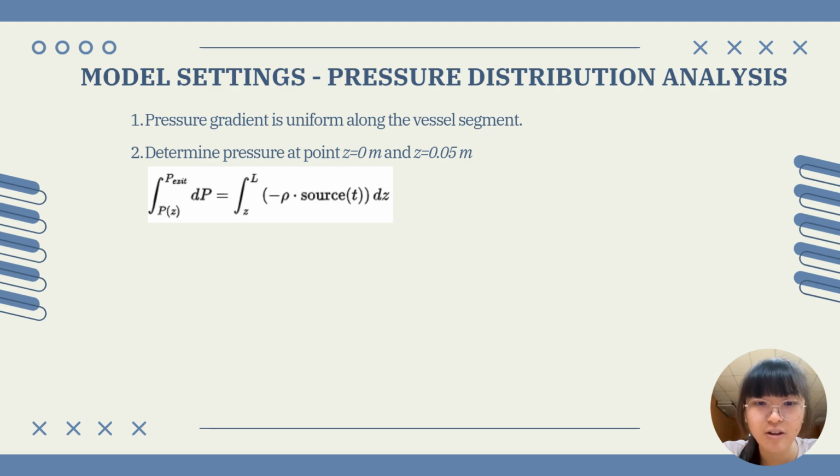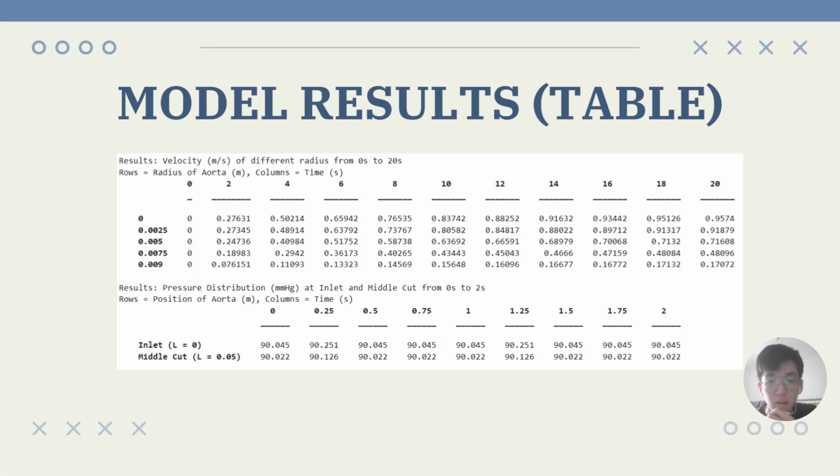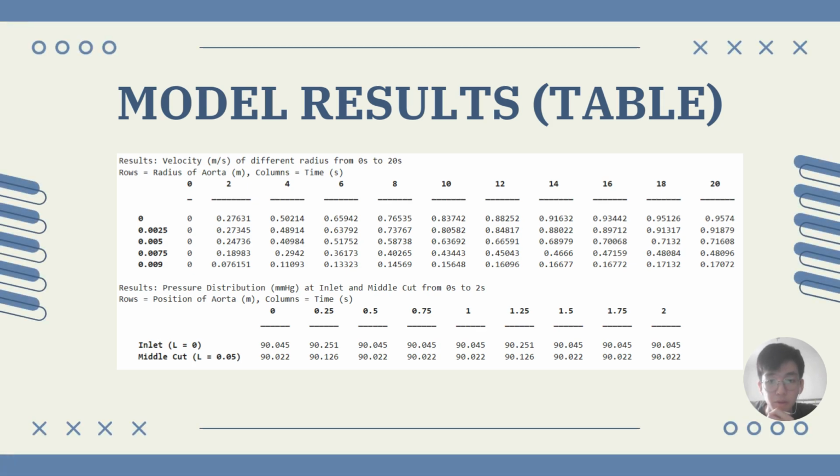For the modal setting of pressure distribution analysis, the pressure gradient is uniform along the vessel segment. Then we determine the pressure at point z equals 0 and z equals 0.05, which is the middle cut of the vessel. The table above shows the blood flow velocity from 0 to 20 seconds at different radial positions. The table below shows the pressure distribution at the inlet and the middle cut of the blood vessels from 0 seconds